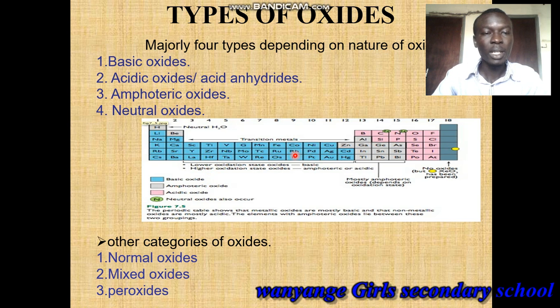Close to them there are metals which are close to non-metals, so they form amphoteric oxides. Then after that you have non-metal elements. These non-metal elements form acidic oxides. Okay, however,